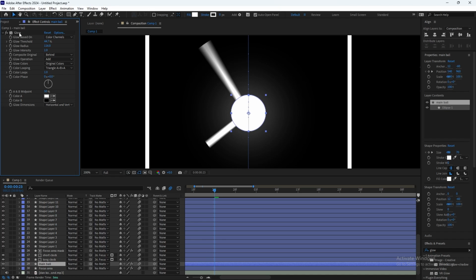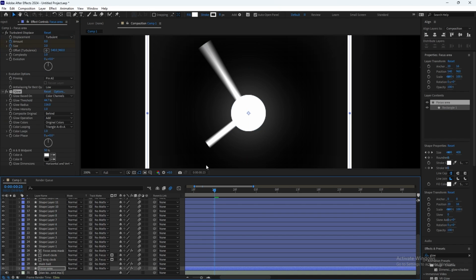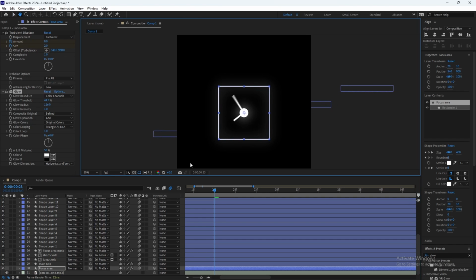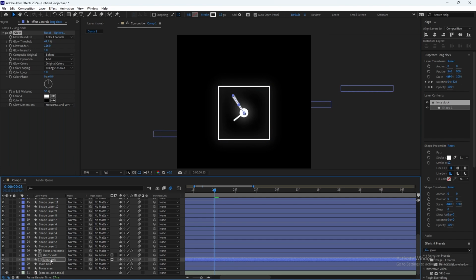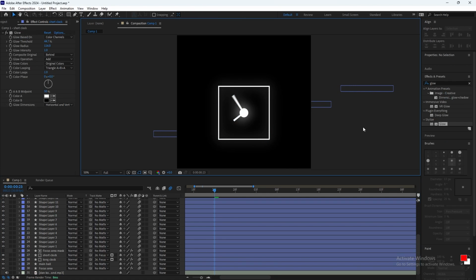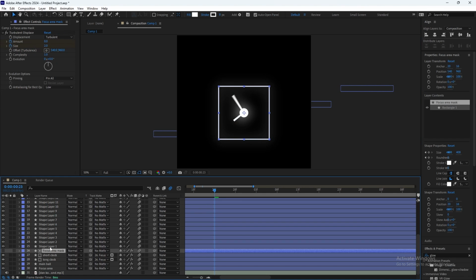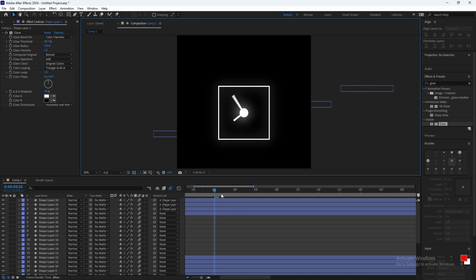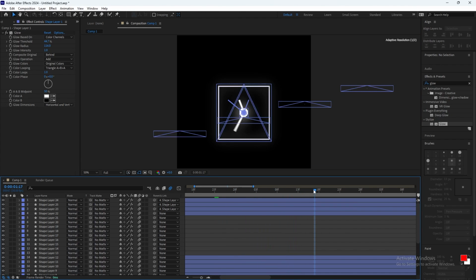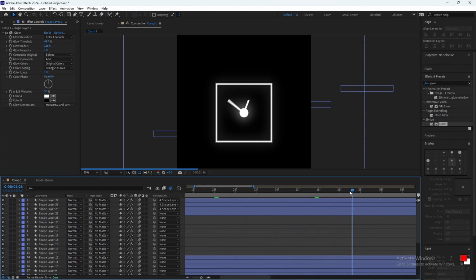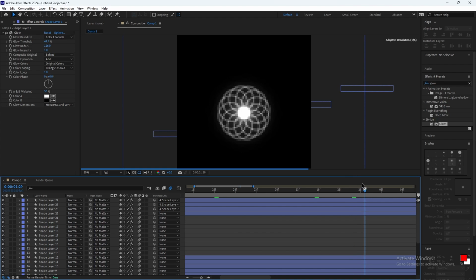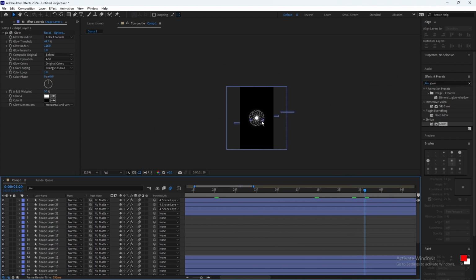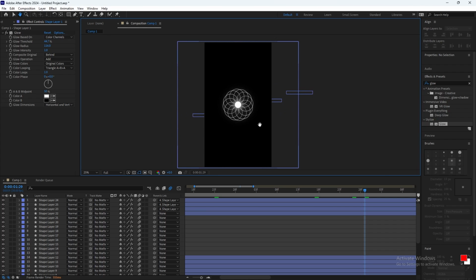Something like that. Now let's add it to the focus area. Let's see how that looks. Yeah, it looks fine. You know what, let's just add it to all the things. Yeah, that looks great too.